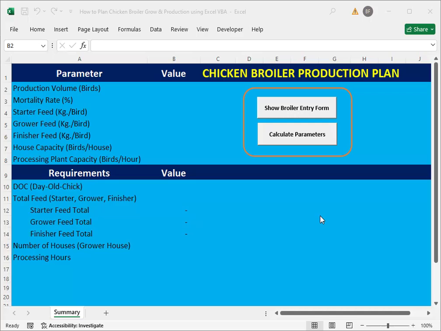Also, we need to find out another parameter, which is the house capacity. How many birds are going to fit in one house? Okay. And how many houses are we going to need for the targeted production volume set by the owner of the company or the businessman. And we need to find out the processing of the birds in terms of the number of birds that are going to be produced in the processing plant per hour of operation. Okay, so for the houses, we need to find out the number of birds per house, and then how many houses are we going to install, or build internally by the company or externally by a business